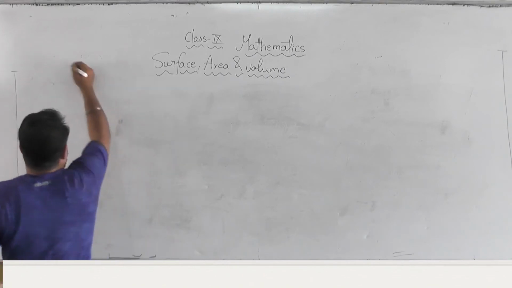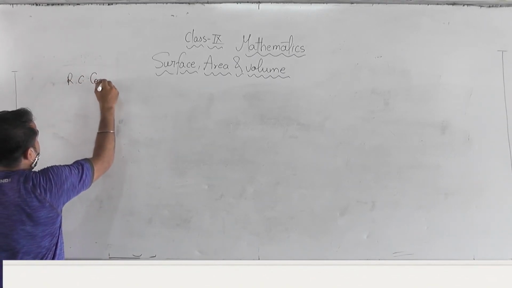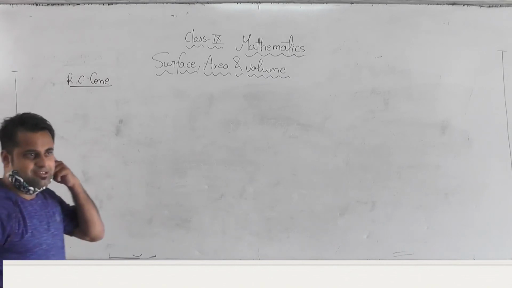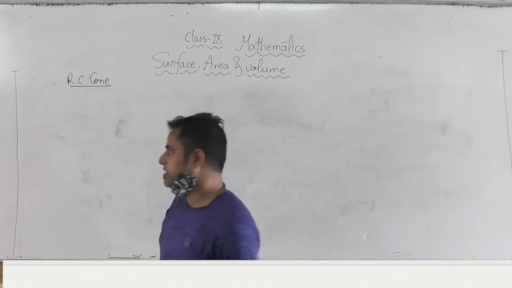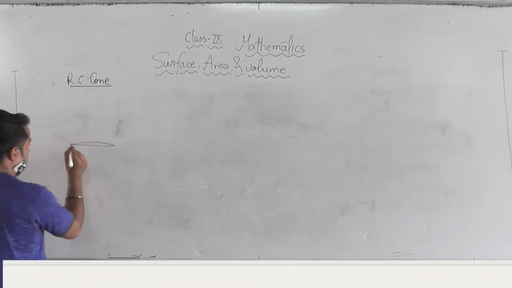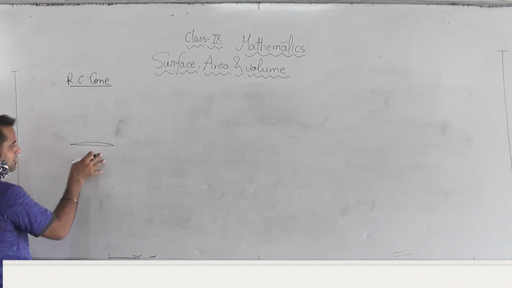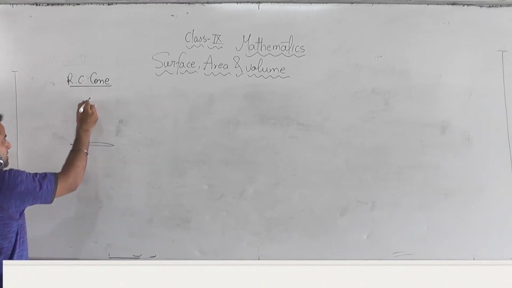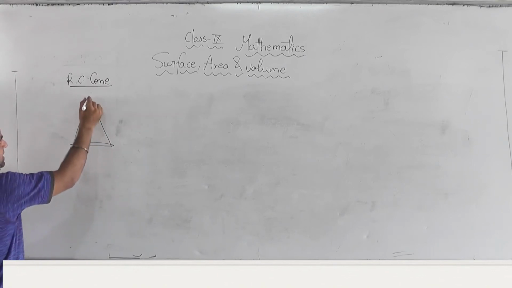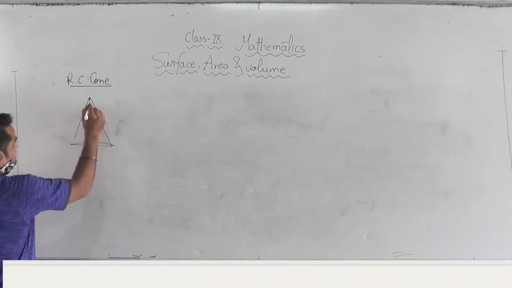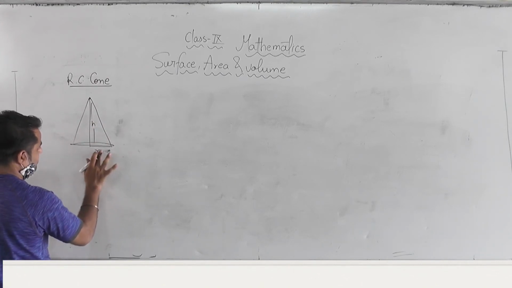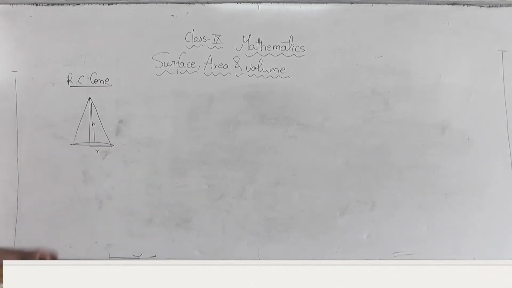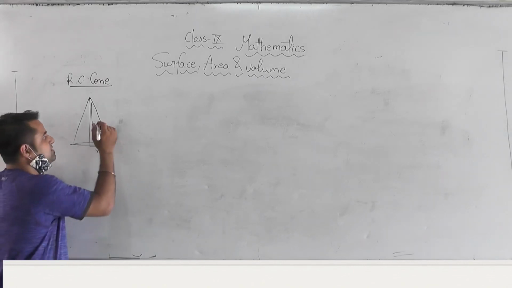Now, the right circular cone, we call it RC cone. RC for right circular. Why is it right circular? Because the axis is perpendicular at the center of the circle. It has only one circular surface, and goes up to a leading height. Now why am I saying leading height? There is a reason. This is the straight height we all know, and this is the radius we all know, because in the cylinder before, R and H exist. But here one more dimension exists,